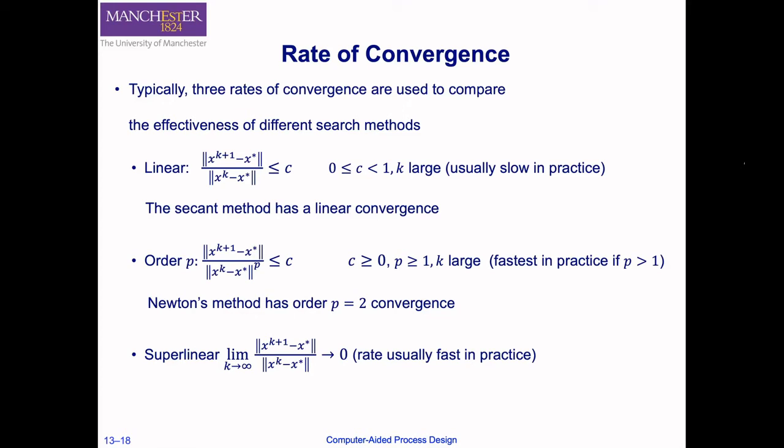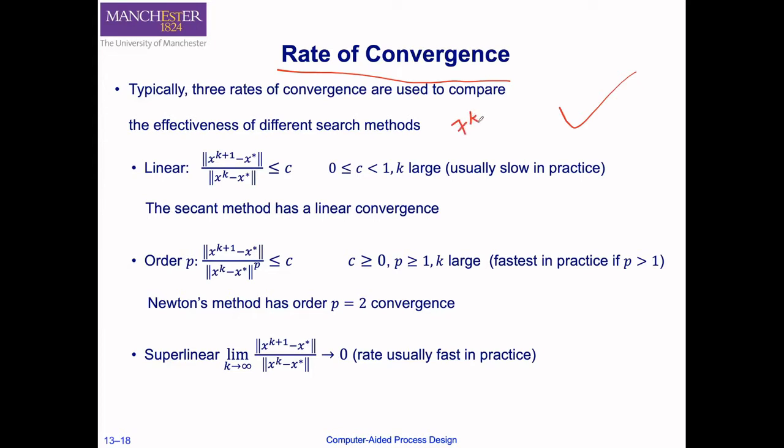When we compare the effectiveness of different optimization methods, it is useful to examine the rate of convergence of these optimization methods. The rate of convergence can be expressed in various ways, but a common classification is presented here. Before we talk about this rate of convergence, let's assume the optimization method generating the sequence of points xk